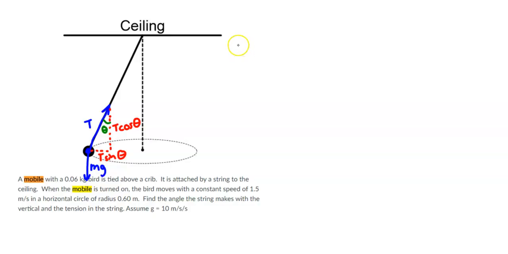we sum the forces in the y direction. It's going to be 0 equals T cosine of theta minus mg. So essentially what we're saying there is that T cosine of theta equals mg,